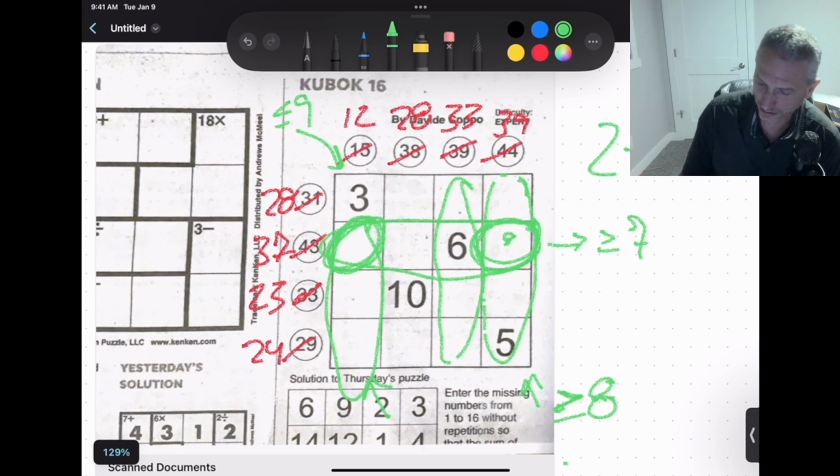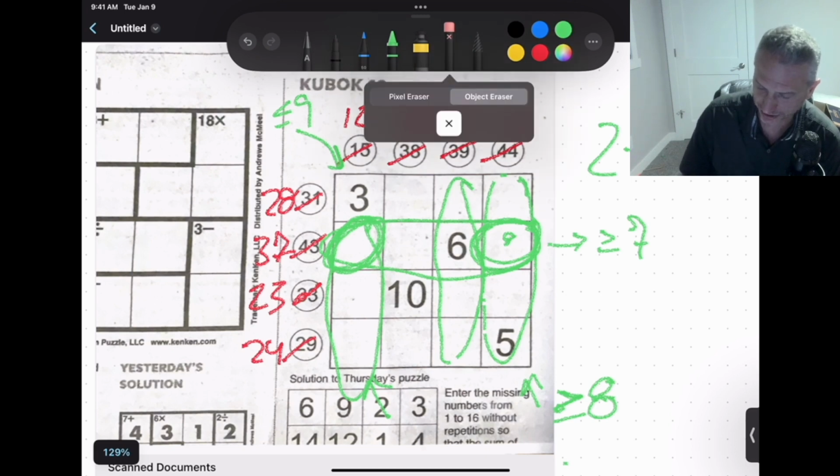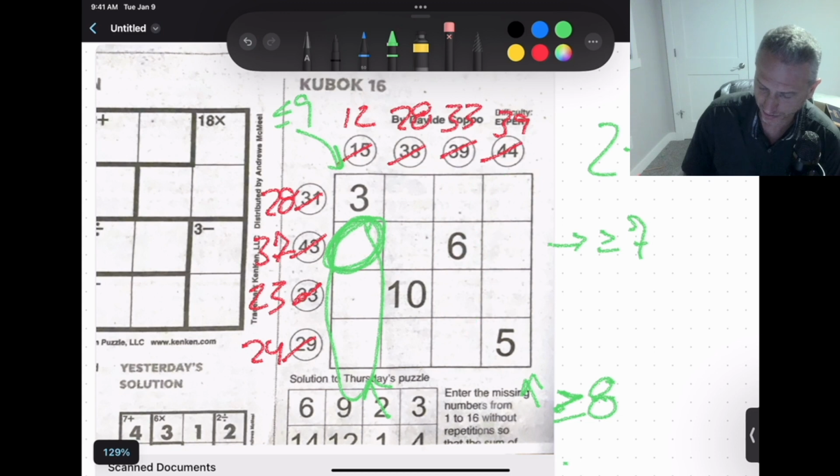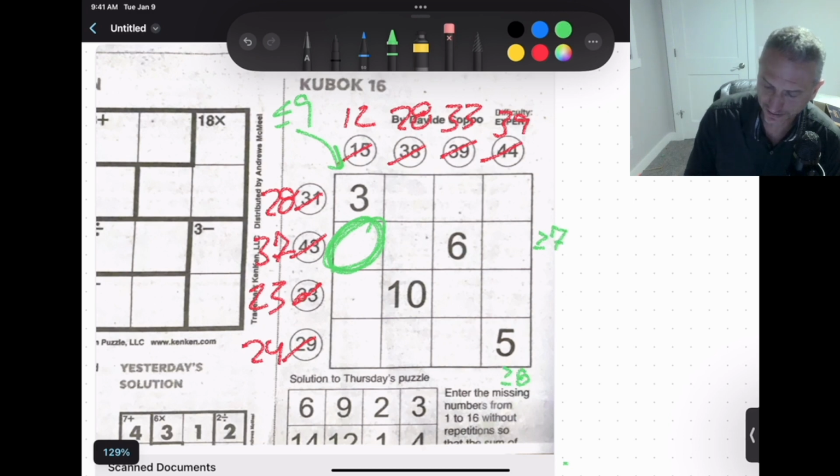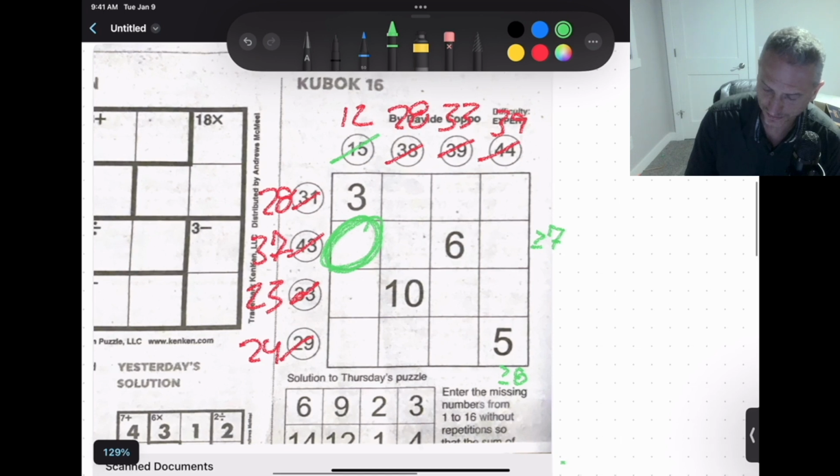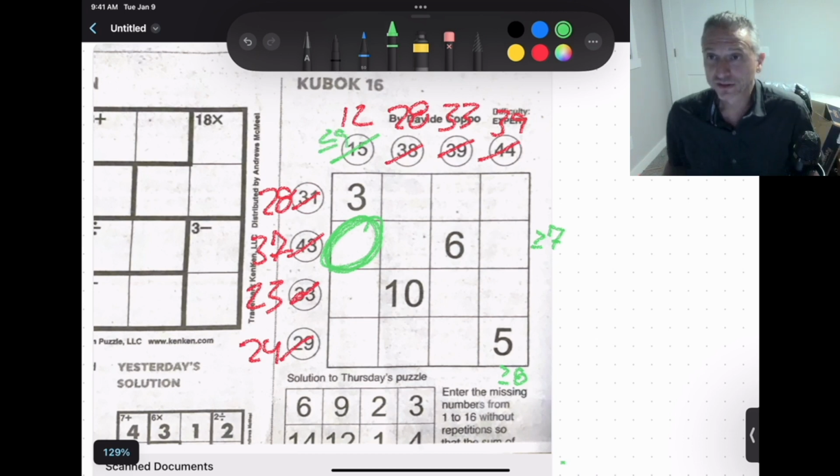So what we're going to do is use the object eraser and get rid of a lot of this, but we're going to keep this one cell right here. I'm going to get that a little nicer. It's less than 9. Okay, with that in mind,